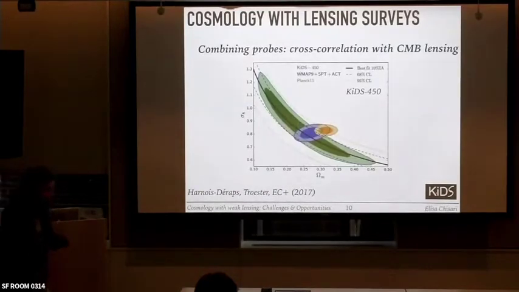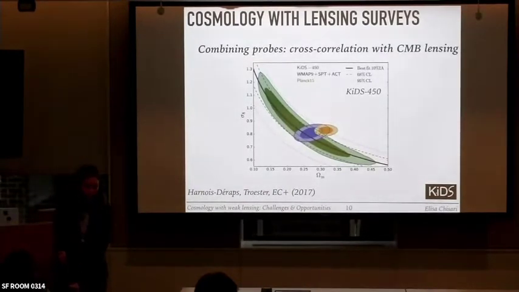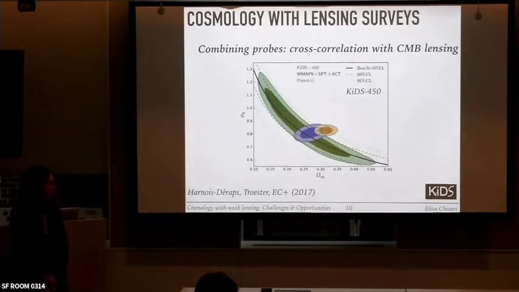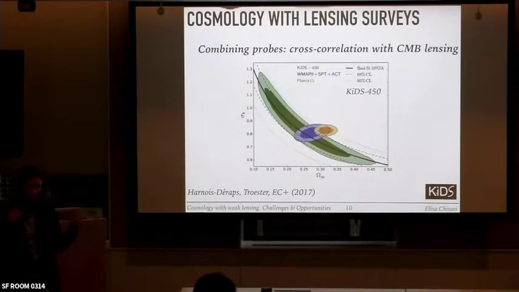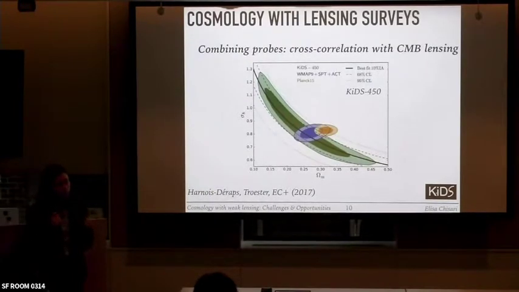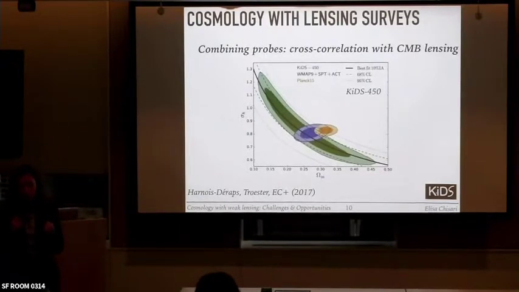And the other thing that we do is we combine that information in the gravitational lensing of the galaxies with the lensing of the cosmic microwave background. And the reason we do that is because if either probe is affected by a systematic, in the cross correlation of those probes, that systematic effect disappears. So it gives us a robust check that we're doing everything correctly, and we get additional constraints on the cosmological